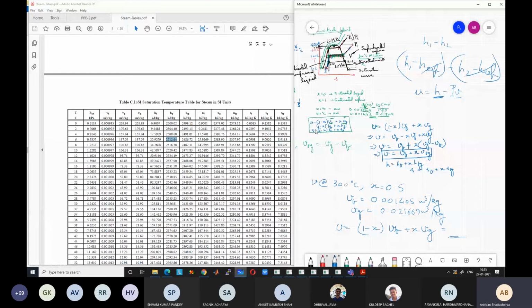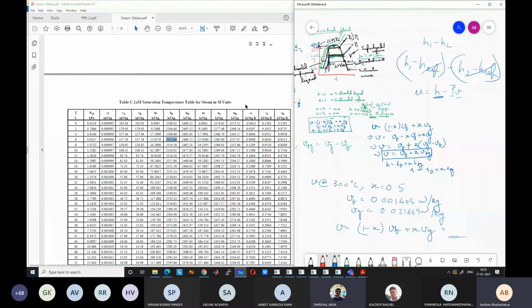This is true for enthalpy and entropy, this type of value. Specific volume is a physical value. It should not change much between different tables. A slight change may be there due to how they are calculated, but they are not taken from any reference value. They are directly calculated based on density. So specific volume we can directly use. Is this point clear to everyone? Very important point. Yes, sir.